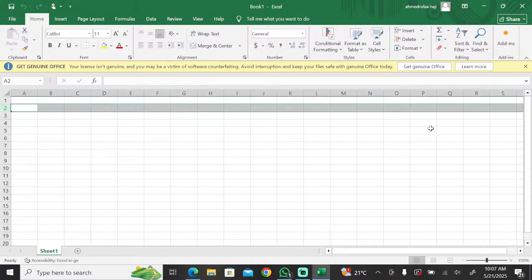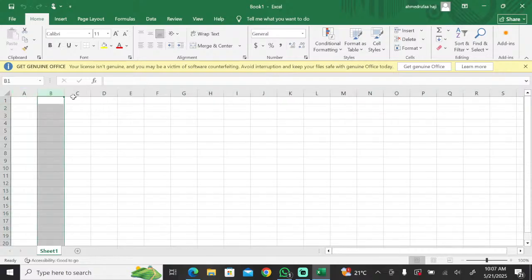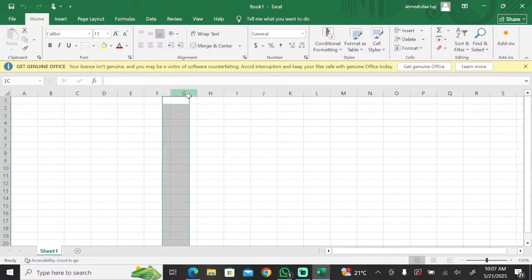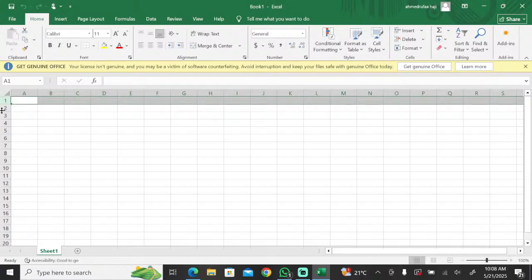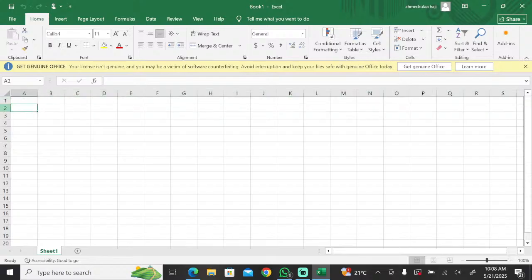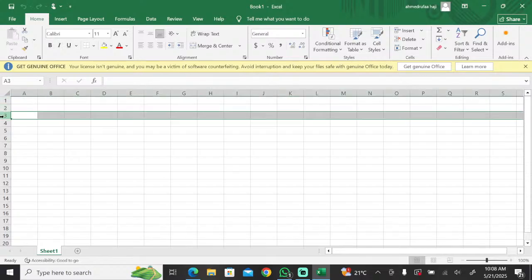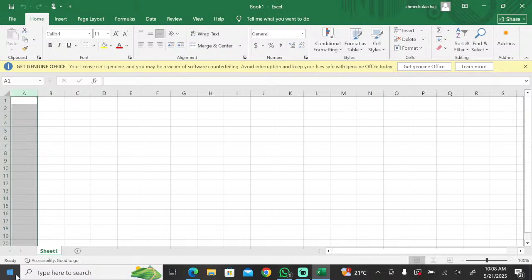This is a horizontal line, that is a row. So we have columns: column B, column C, column D, column E, column F. And we have rows: row 1, row 2. I hope you guys can see what I mean by row and column. So a row is a horizontal line and a column is a vertical line